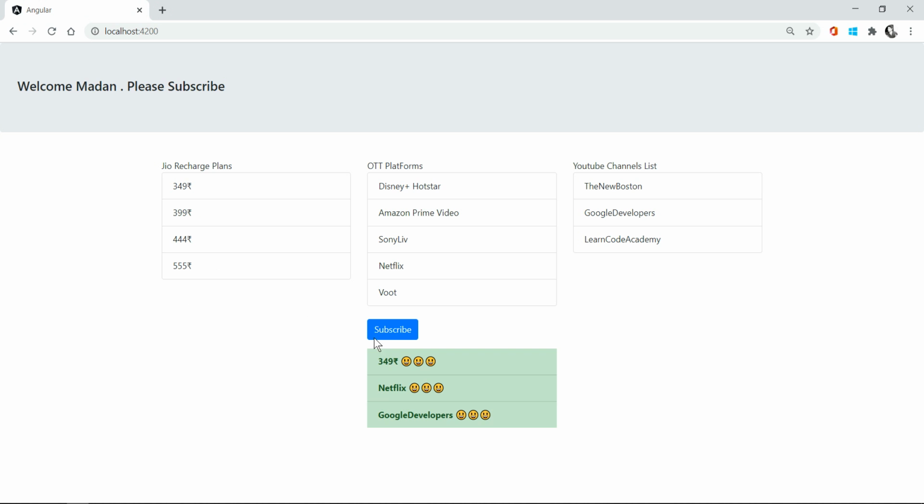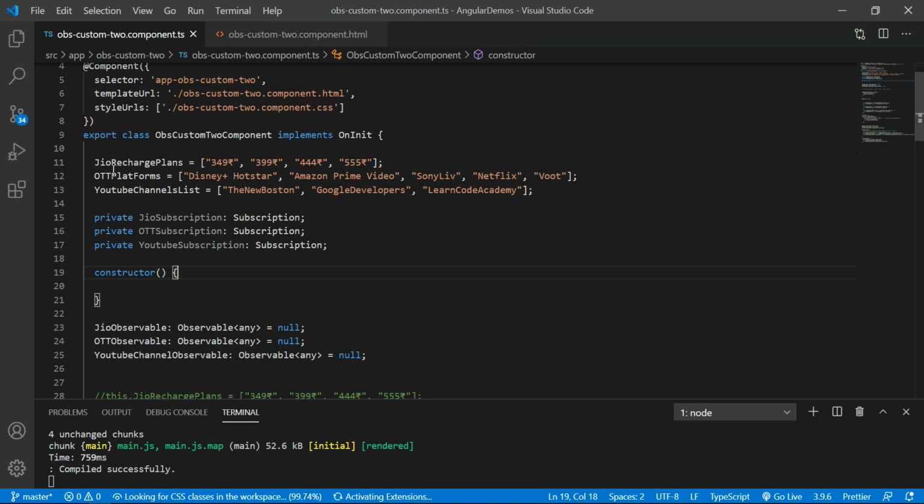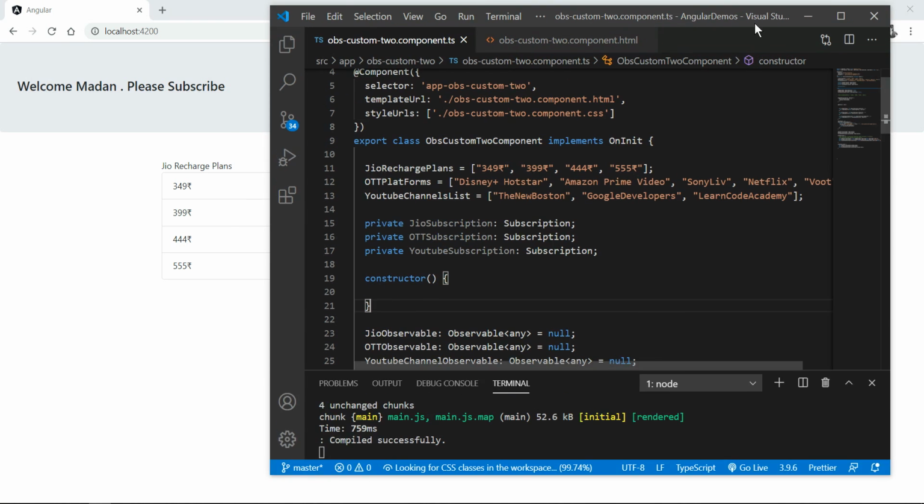Before I show that in the coding part, see, this 349 is nothing but one kind of observer, and this is also an observer, and this is also an observer. So first, these three arrays are provided to me. Let me minimize this one.